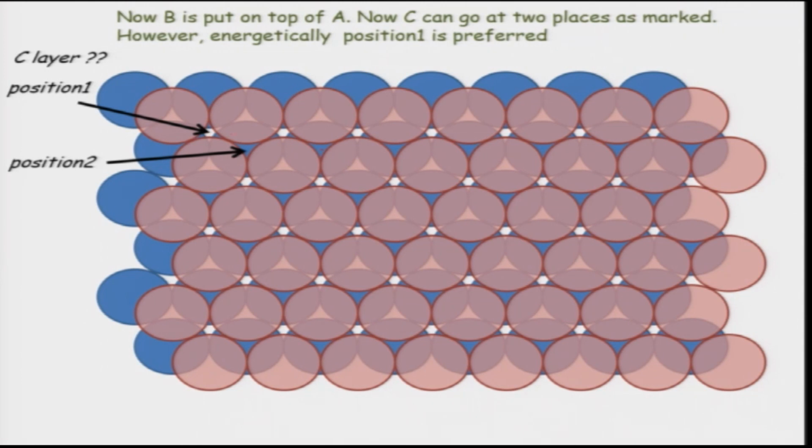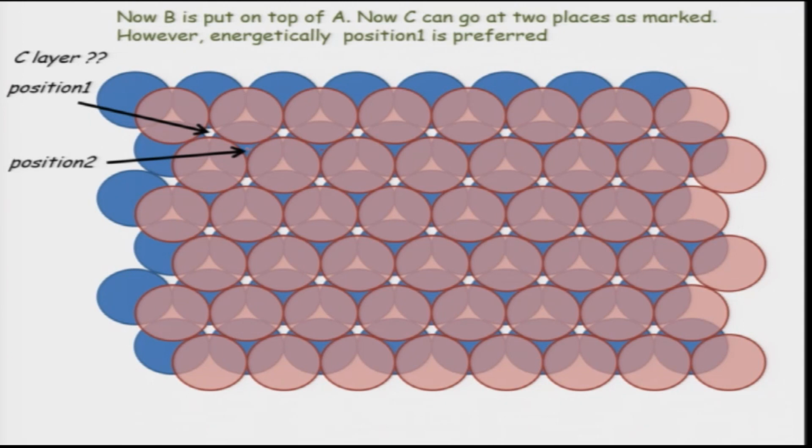You would see that these particular points lie in an empty region. The A layer is not below this, but position 2, if you look at it, there is atom A over here, not atom A, layer A just below it. So just below this is layer A. Now this clearly means that the two sites are very different, and therefore there will be different preferences for them. Which one do you think would be energetically preferred?